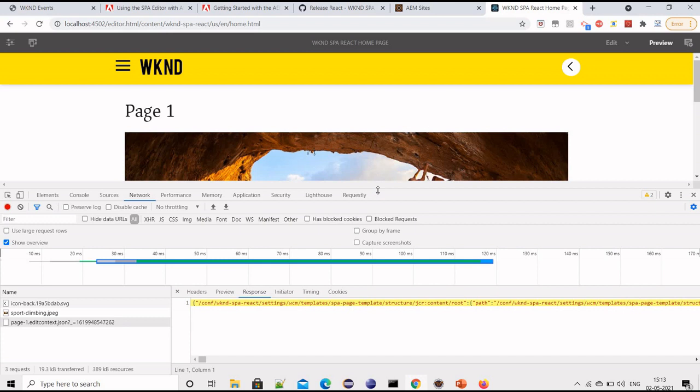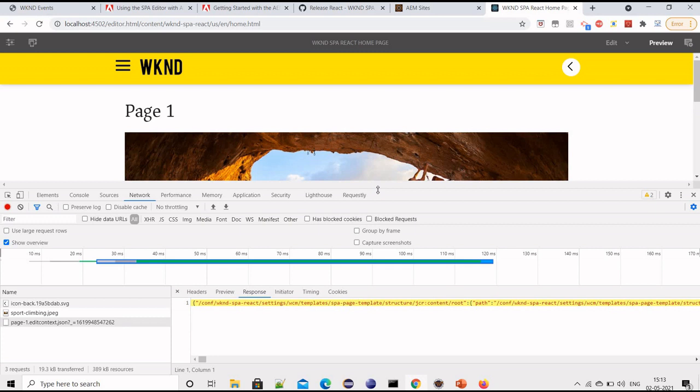If we are using a content fragment, or using React, maybe you are using the fetch call to hit a web service. It may be a content fragment, or using a Sling model we can hit another web service, or even an external database, and fetch the data from the Sling model.